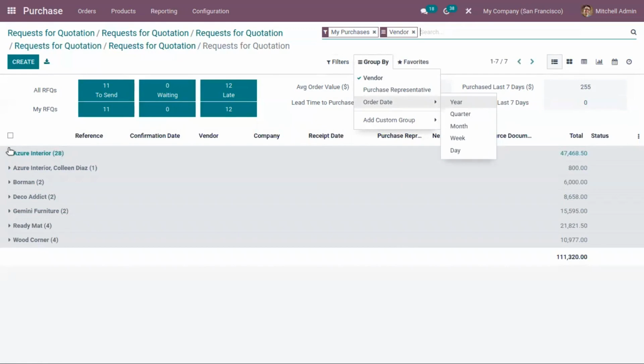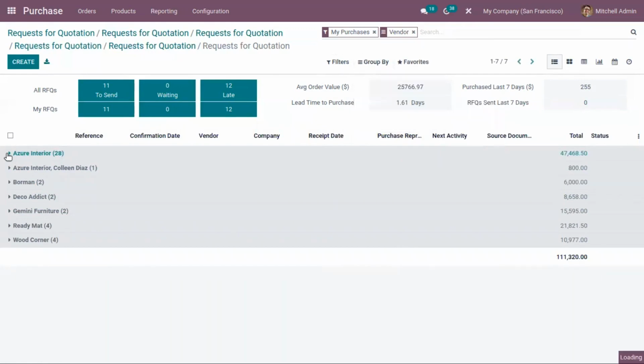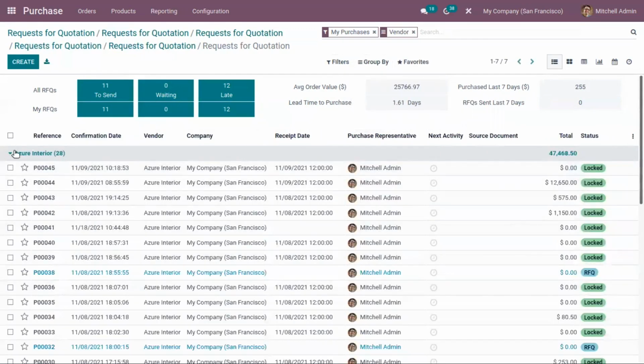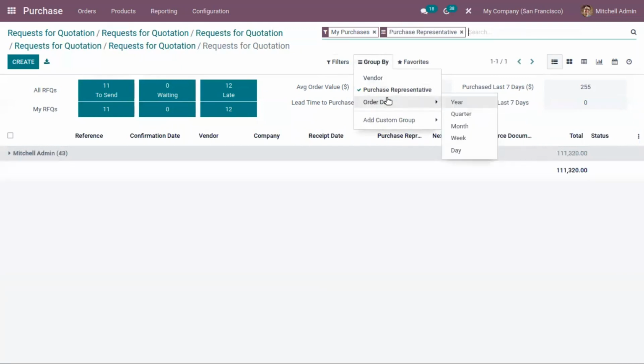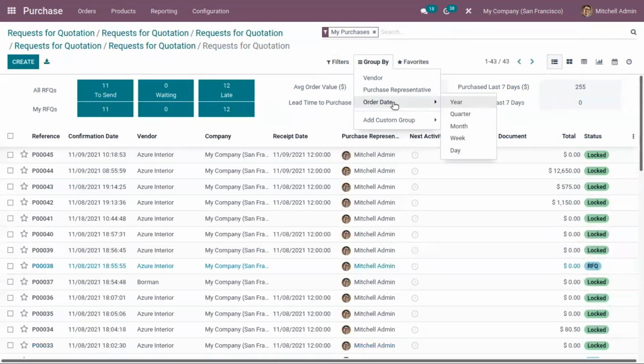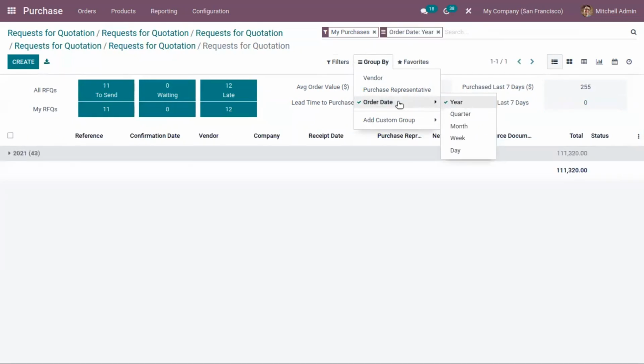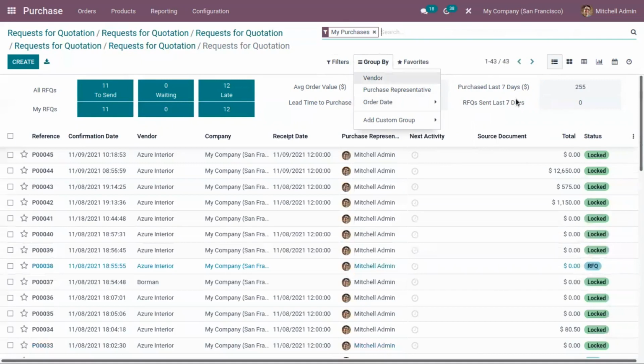So here for Azure Interior, you can see the total quotations created, and then we can group by purchase representative, then order date. In this way, according to your business requirement, you can filter and group these requests for quotations.